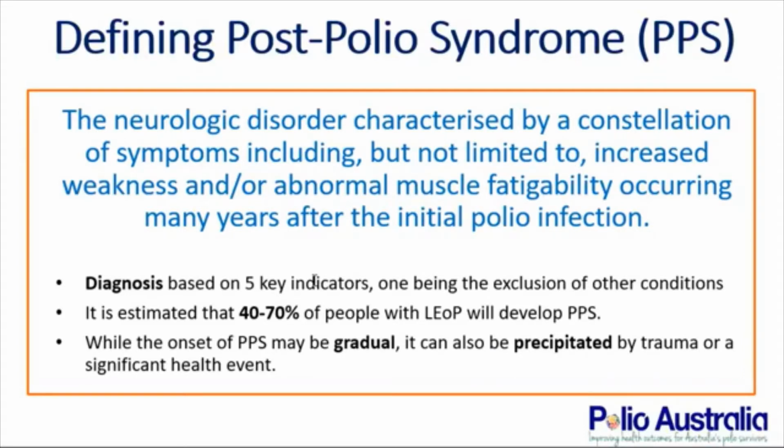Item 2 would be recovery from an acute phase of disability or paralysis, followed by a stable period in their life. Number 3 is the onset of new weakness. Number 4 is a greater than 1 year period of having this change and these new symptoms or new loss of function. And then number 5 is exclusion, similar to late effects of polio. We try and exclude everything else that could be a reason for the symptoms this patient is presenting with.